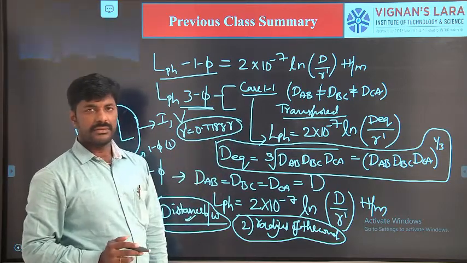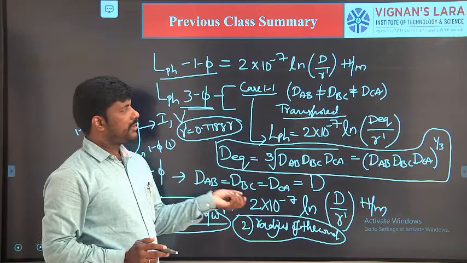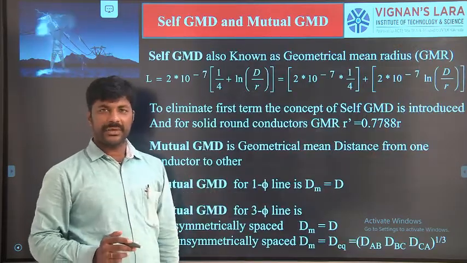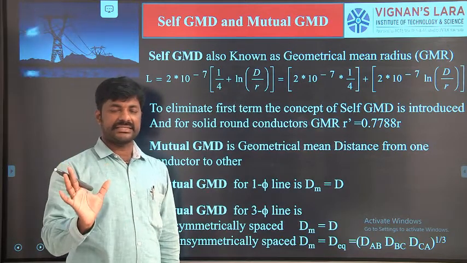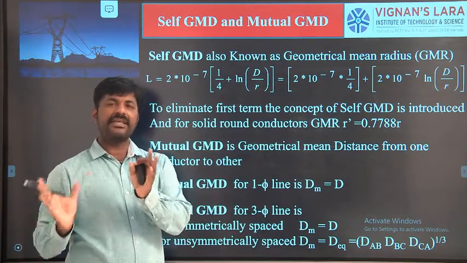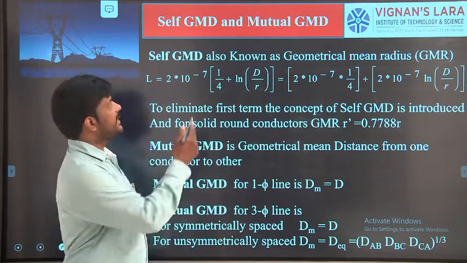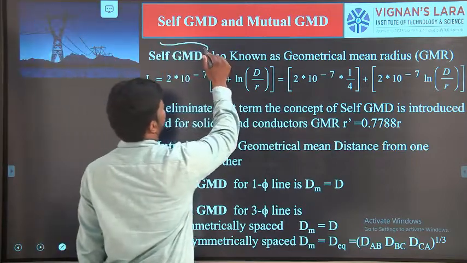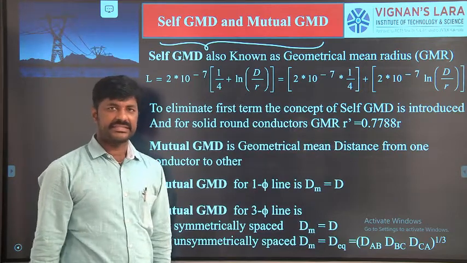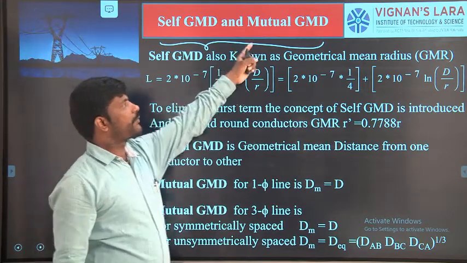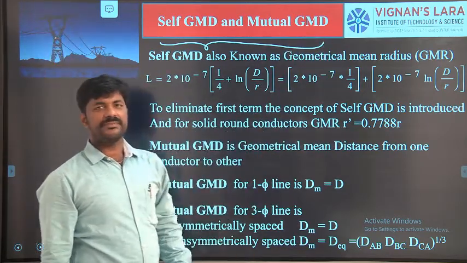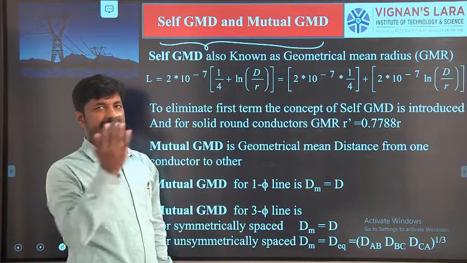So here also, in the calculation of inductance for a 3-phase double line circuit, we give importance to calculating the distances, that is, the spacing between the conductors and the spacing between the similar phases also. Let us see the distances, which are defined with 2 terms: self-geometric mean distance, self-GMD, and mutual geometric mean distance, mutual GMD. These 2 terms arise because of our inductance calculation procedure.